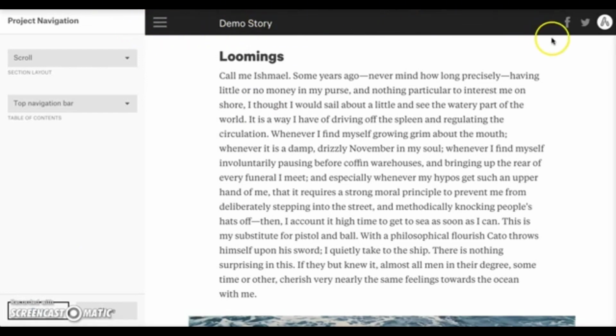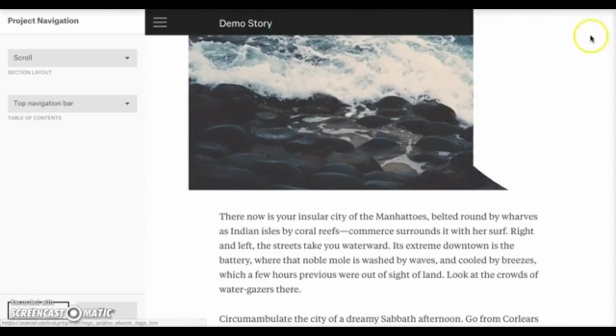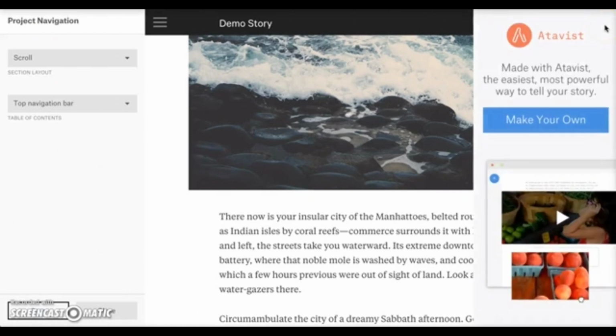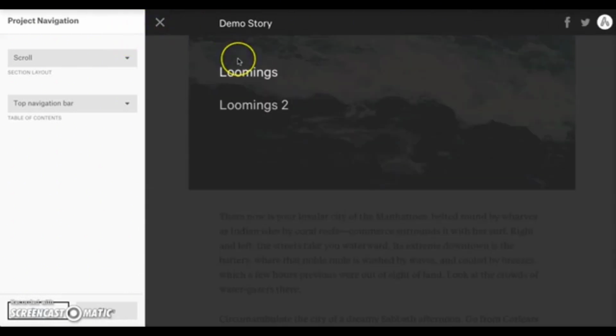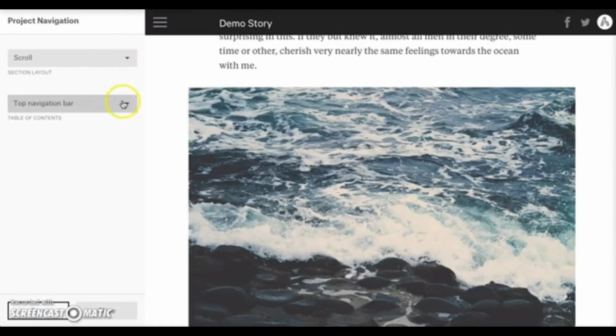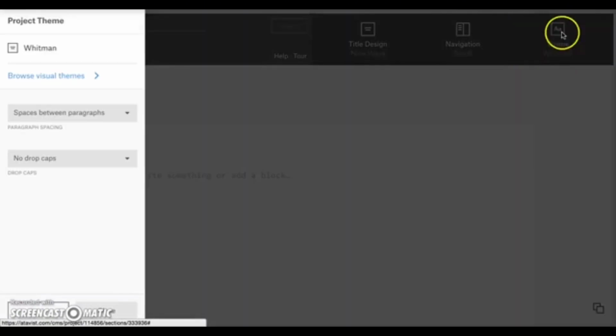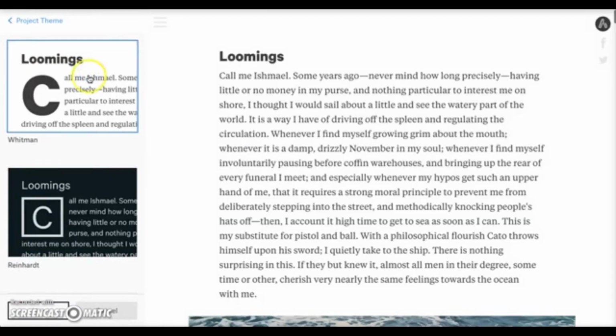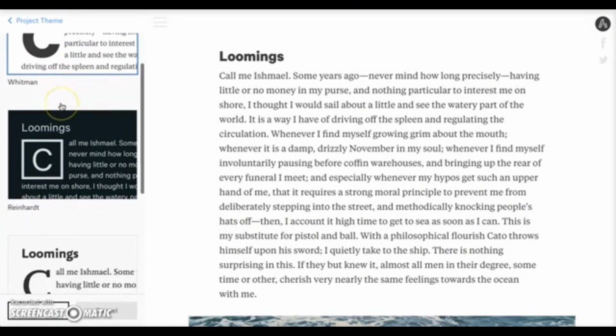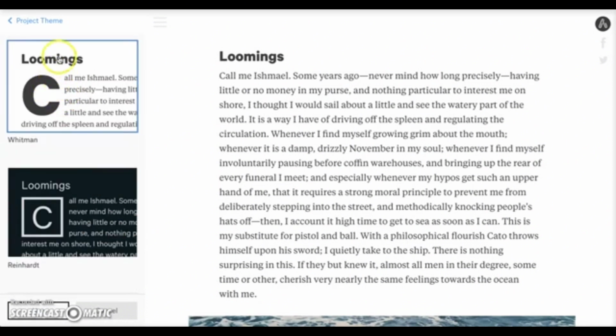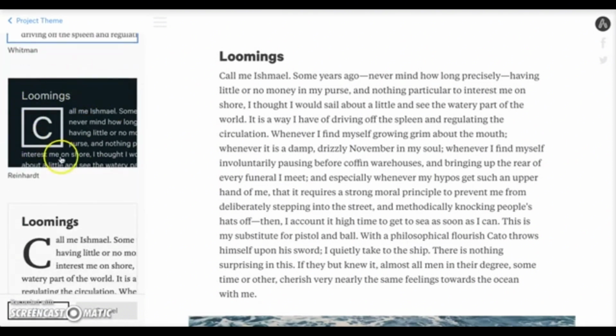I can't scroll anymore, but down here to the right is an arrow and a "Loomings" too. This option is to go to the next chapter, so we're going to click on it, and voila, here we are. Scroll down, and if there was another chapter, that would also pop up here, but there's not in this demo, so we're going to go back to chapter 1. So those two options, I'm going to choose